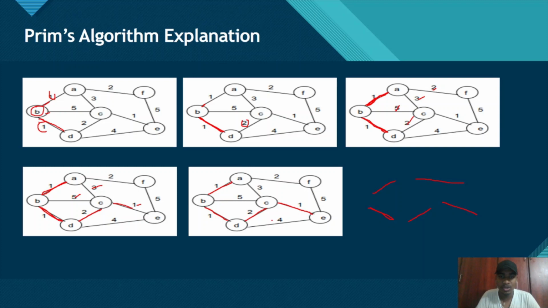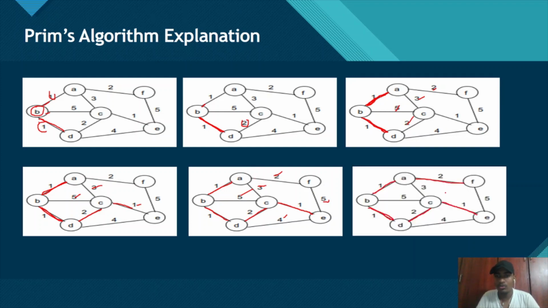As it is Prim's algorithm, you should check previously not visited edges. Like you have to see A to F, and that is 2, 3, and 5 and 4. Among all these, this 5 also. Among all these, you have to select least. So that is A to F. Now you will get the final minimum spanning tree by using Prim's algorithm.